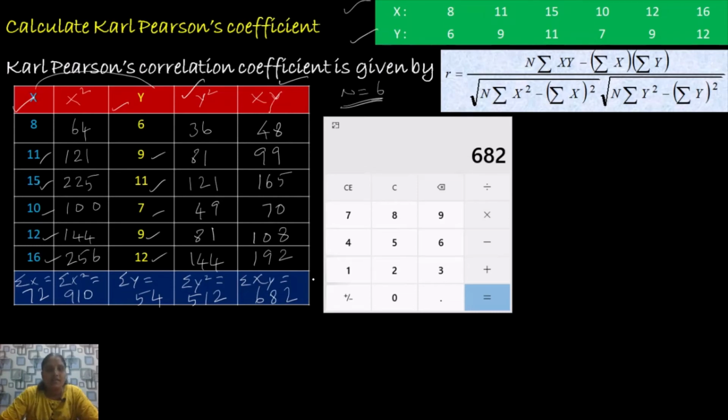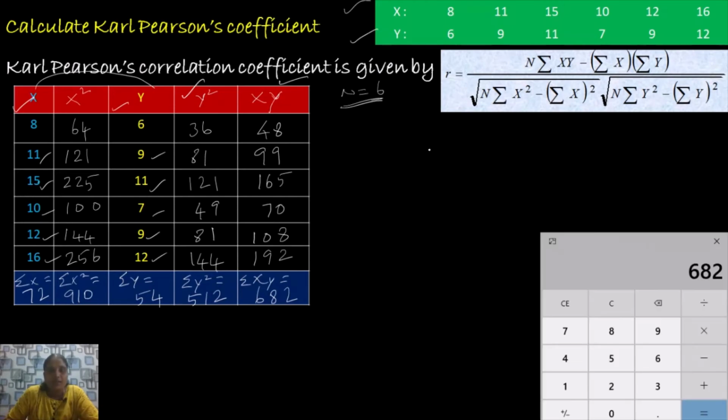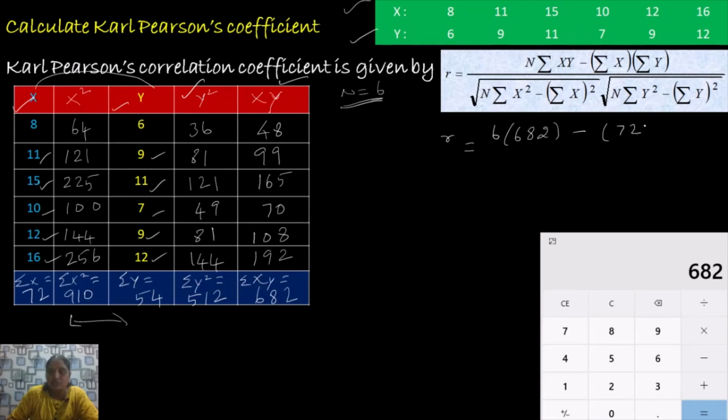So now we get all the values of sigma x square, etc. Let me substitute all these values in the given formula. We get r is equal to n, the number of pairs of observations, 6, times sigma xy, which is 682, minus sigma x, which is 72, times sigma y, which is 54,